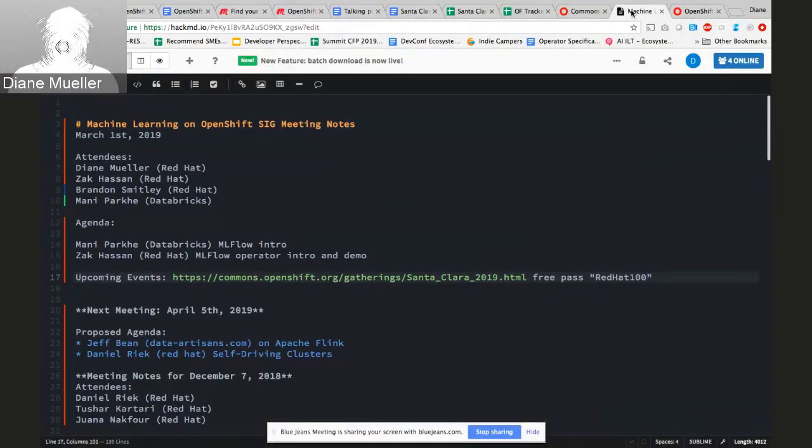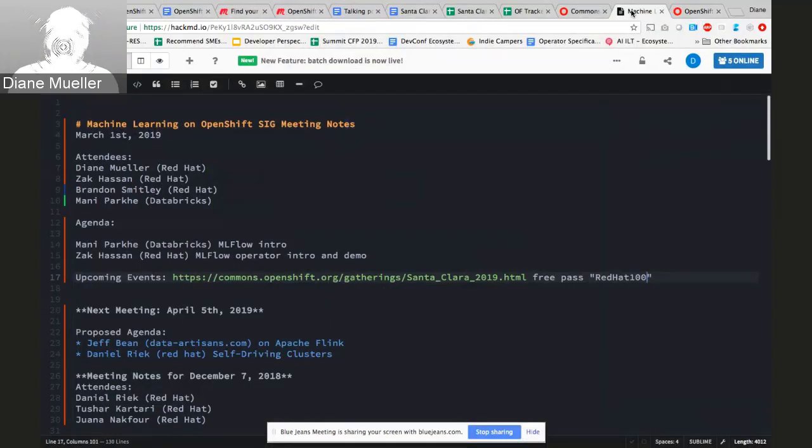As I was mentioning to Manny and Zach before I hit the record button, one of my goals for this is to see what the next steps are in terms of the MLFlow operator. So I'd like Manny to take the screen over now and maybe explain what MLFlow is and give us some context.